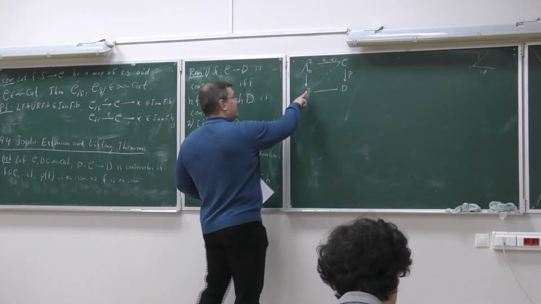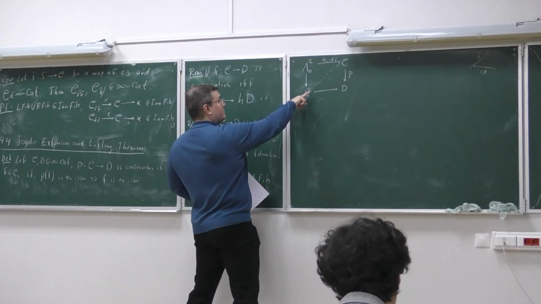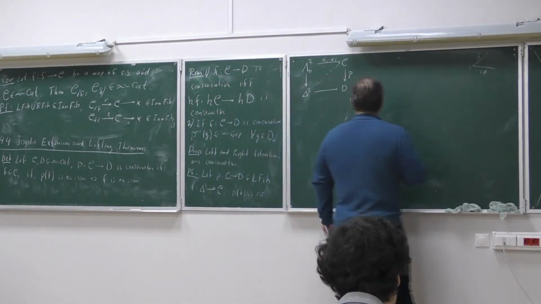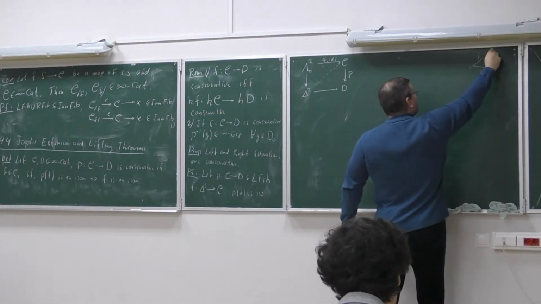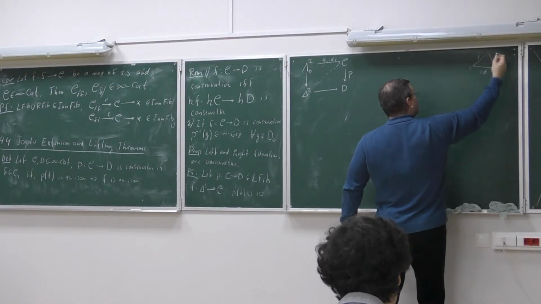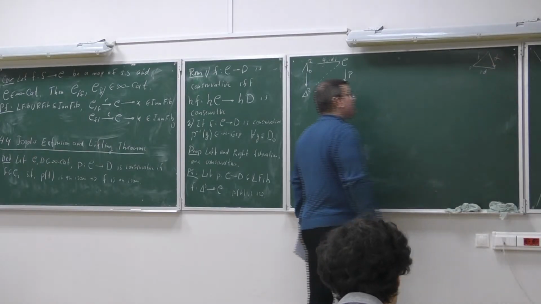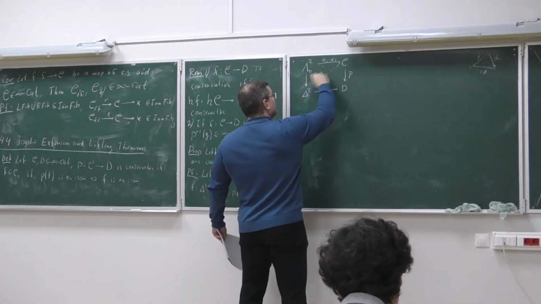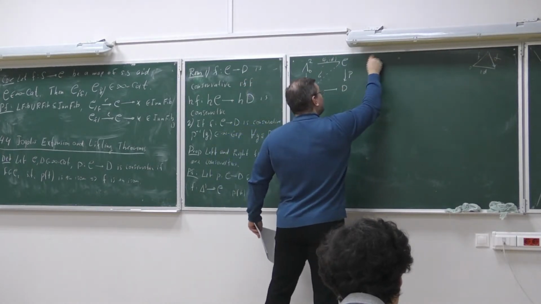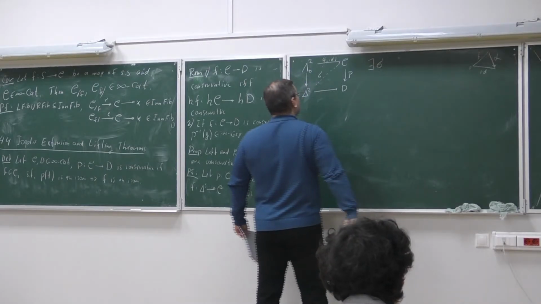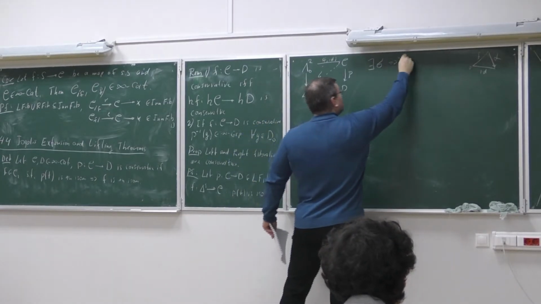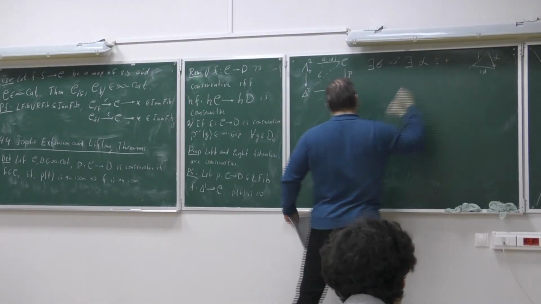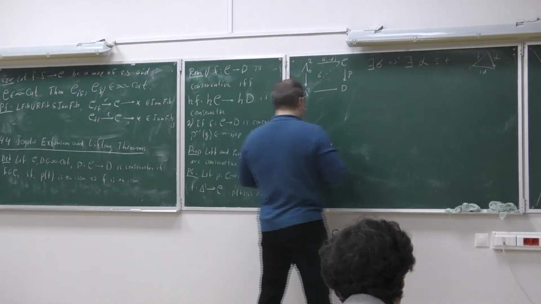Since I know that there is the solution of this lifting property, it means that I can find something here, right? So maybe let me call this alpha. Let's call this maybe sigma, and I formulate it as follows. So the existence of the solution sigma of the lifting problem implies the existence of alpha such that I have a composition